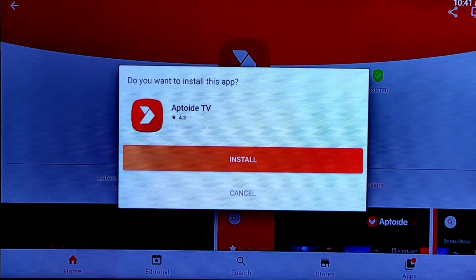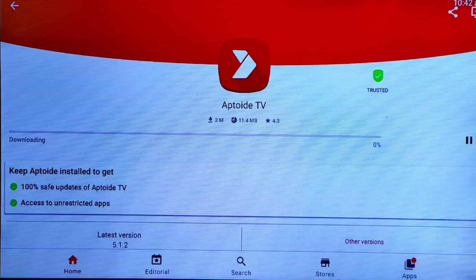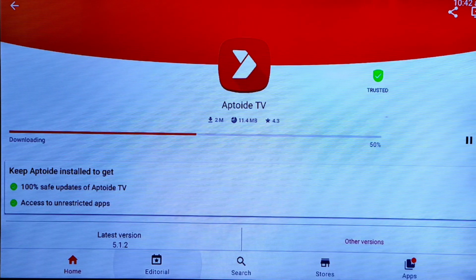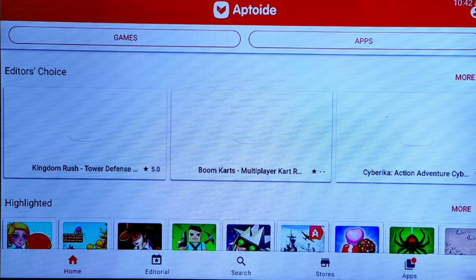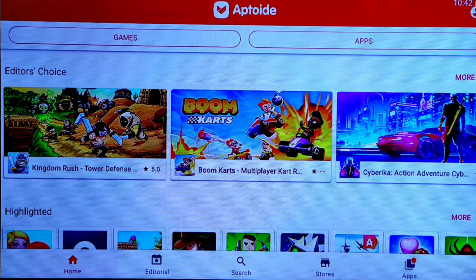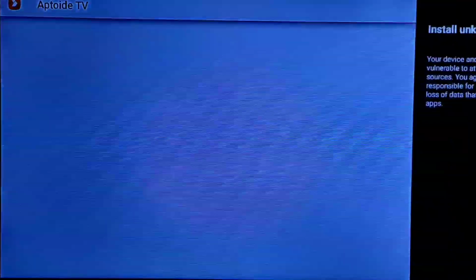As you can see, this is the interface, asking if you want to download or not. There are many types of options available here. Allow all permissions for this application, and then here are many types of options available on the home page. You can download ultimate applications which are not available on Google Play Store. You can download any games, any applications. All applications are available in this application.